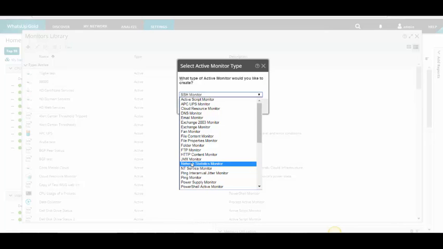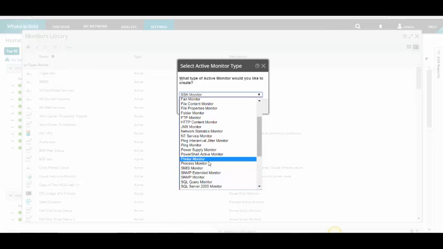We're going to have JMX, Network Statistics, NT Service to monitor any Windows service. We'll have Ping Monitor, which is going to be on by default on every device that we bring into WhatsUp Gold, but we'll also have Ping Interval Jitter Monitor. Power supply, PowerShell, we already talked about. A printer monitor is another multi-monitor that's going to look at various aspects of your printer. That will use a standard print MIB and interrogate for things such as ink levels, paper levels, any alarms that you might be receiving. You can monitor any process either with SNMP or WMI.